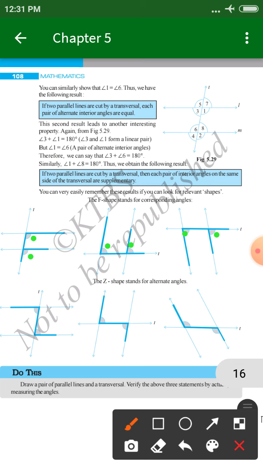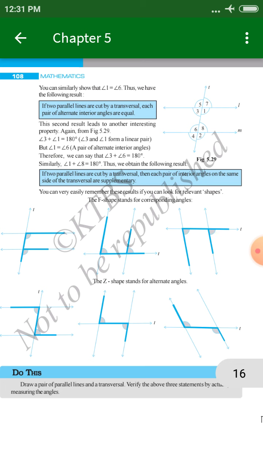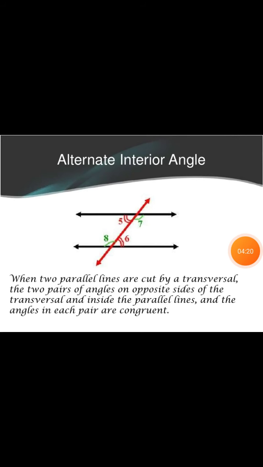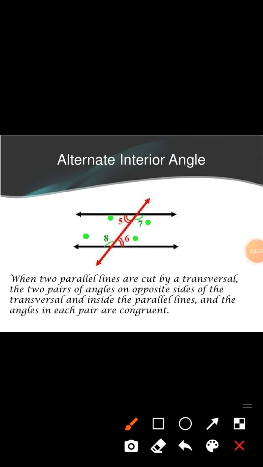Now we move on to another type of angles, that is alternate angles. Alternate angles means, here the letter formed is a Z shape. Observing this one, this type of shape is called alternate angles. Here we see some interior angles of alternate angles. Observing this figure, 5, 7, 6 and 8 are the alternate interior angles because of having a Z shape. So these are called alternate angles.